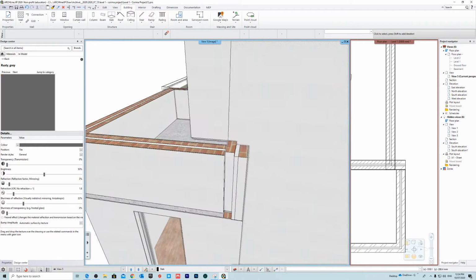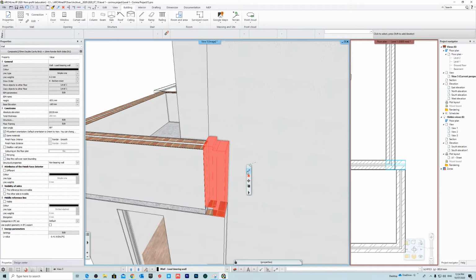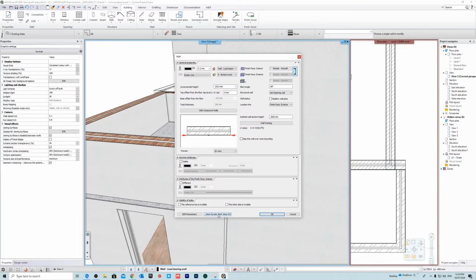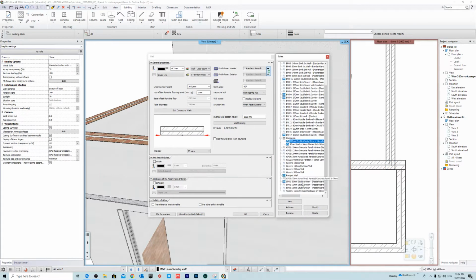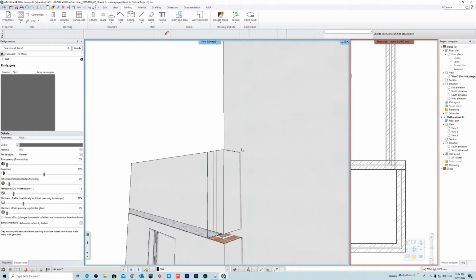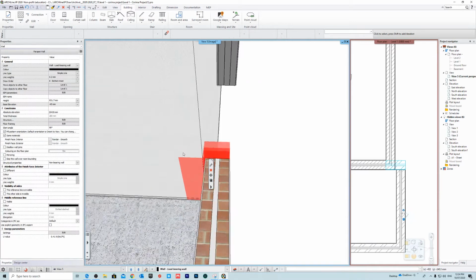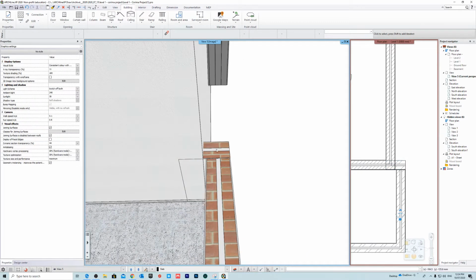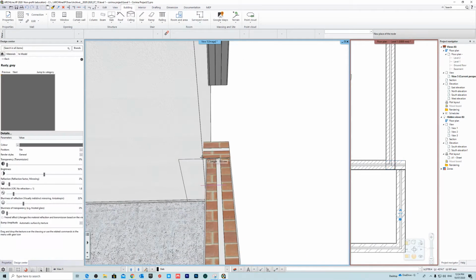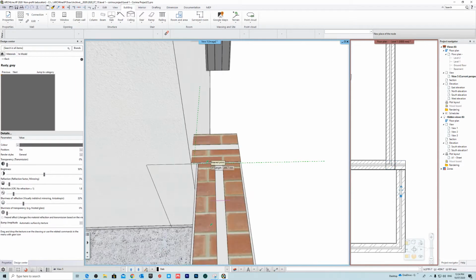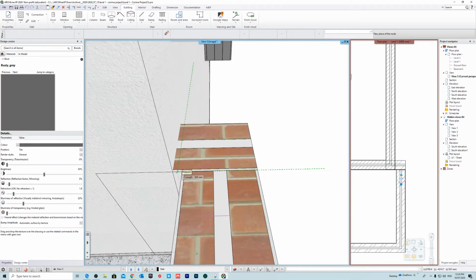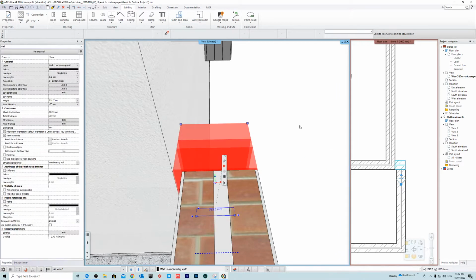Okay, this needs to go, we'll just make this a parapet wall, click OK. Alright, so it needs to move now, it's just going to butt into the edge, so we'll move it right to the edge of this wall, right to there. Okay,